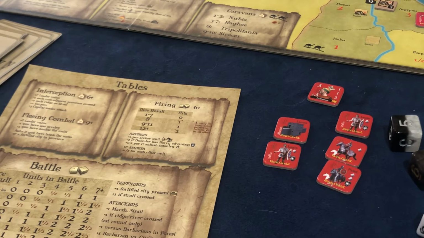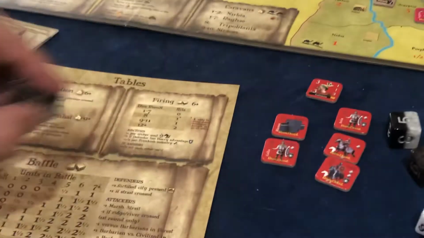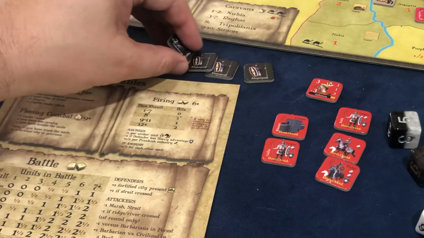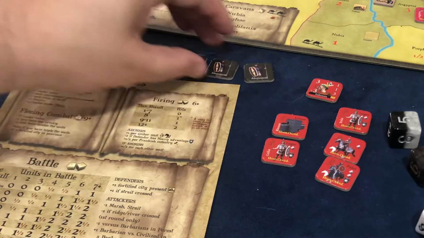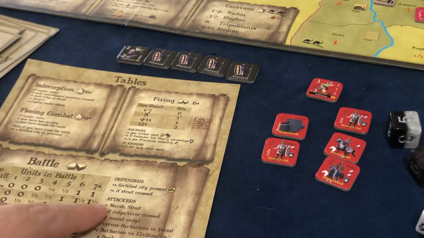So the attackers get -1 if they're against barbarians in a forest, but these guys aren't the attackers, they're the defenders. So yeah, this is going to be a bit on the ugly side. So let's put these down. 1, 2, 3. Actually, we got 4 now instead of 3, so slightly more on the attacker side. But yeah, so the attackers are going to get...